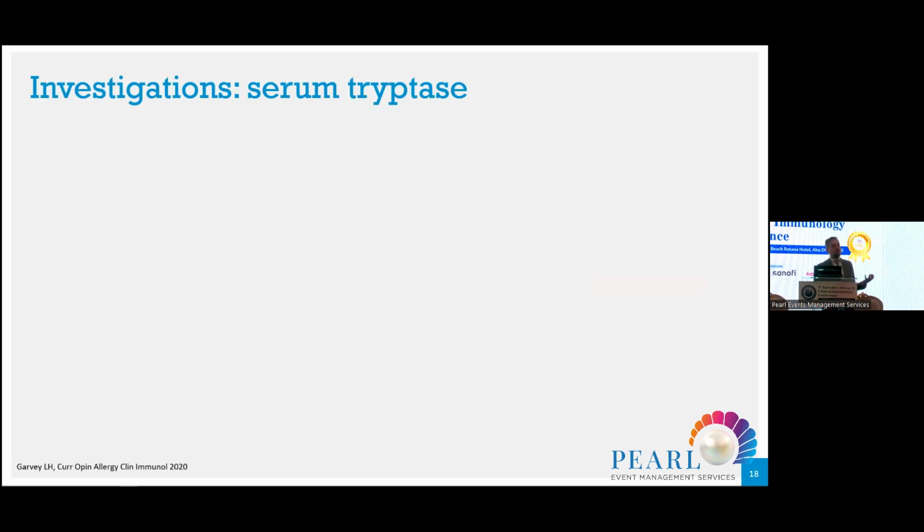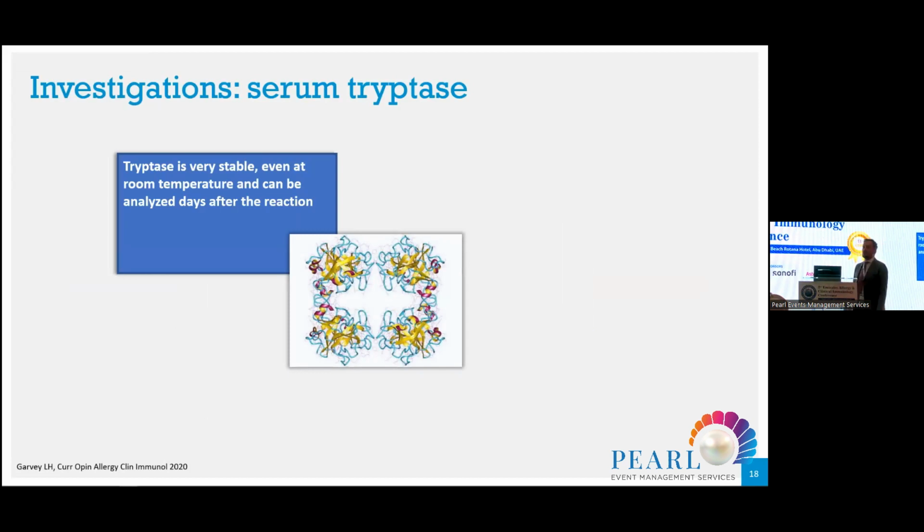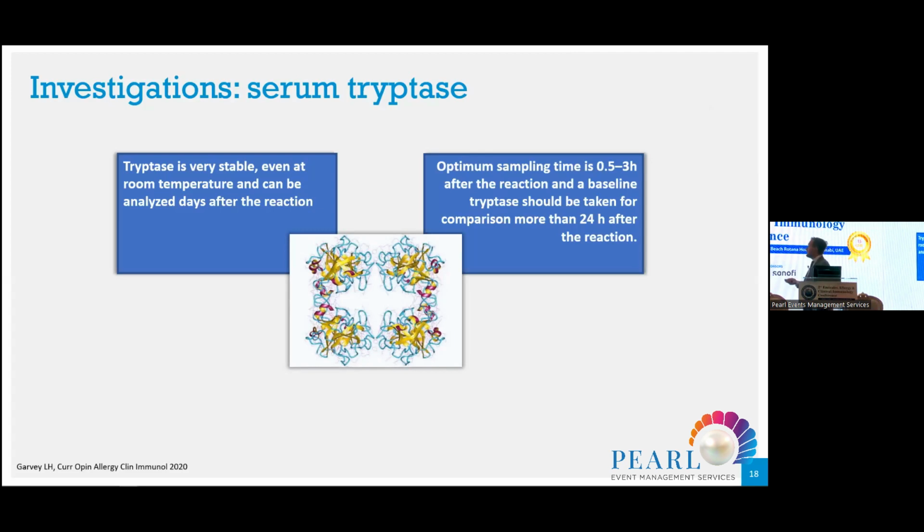So in the acute phase, how is our assessment? The only few things that can be done in terms of diagnostics are serum tryptase, very important. This is a decision that needs to be taken in the OR, so there is no allergy consult that can be called, even if sometimes I do pick up calls from the OR from our anesthetists. Tryptase is very stable, so it's very important to draw even in very severe reaction because it can have a very important medical legal value. The best timing is within 30 minutes to 3 hours from the onset of the reaction,